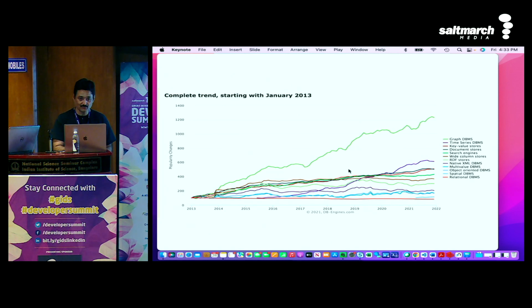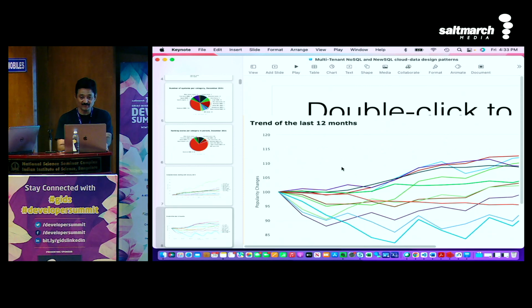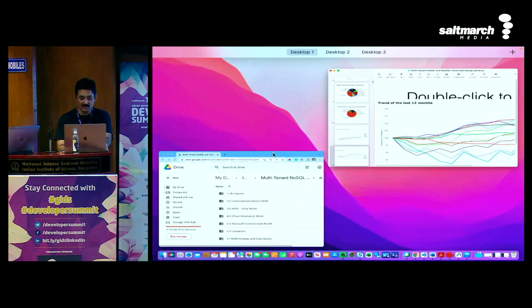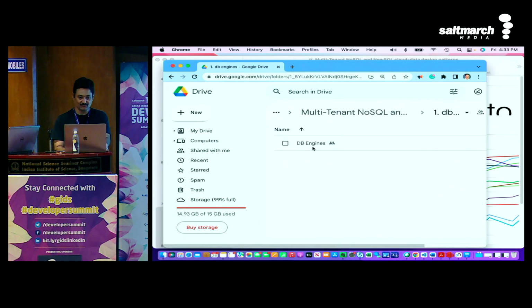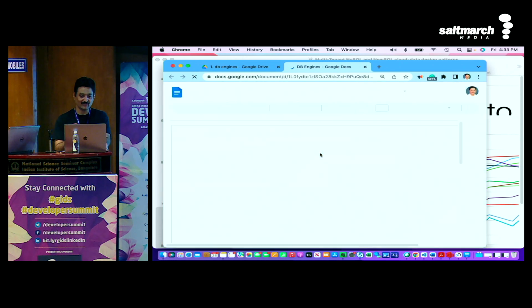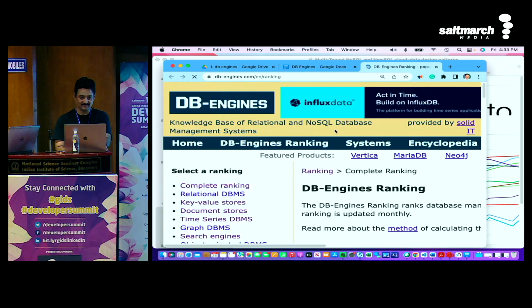When this trend is going on, what do we focus on? Which database should we focus on? That's a very tall order to answer. Like I say, it depends upon what you want to use at any given time. For example, this is the link I have got, DB engines. If you go to dbengines.com, I have exactly all the links which you need to click here. I'll add more details when I get a little bit more time.